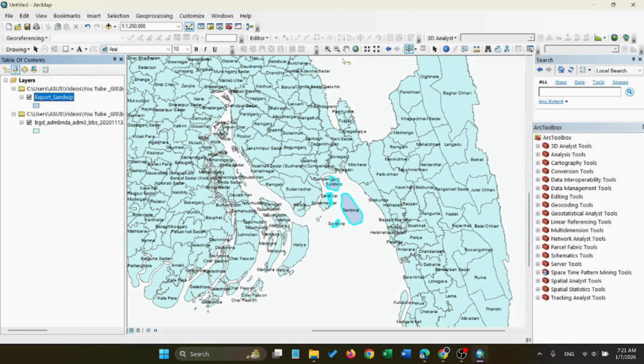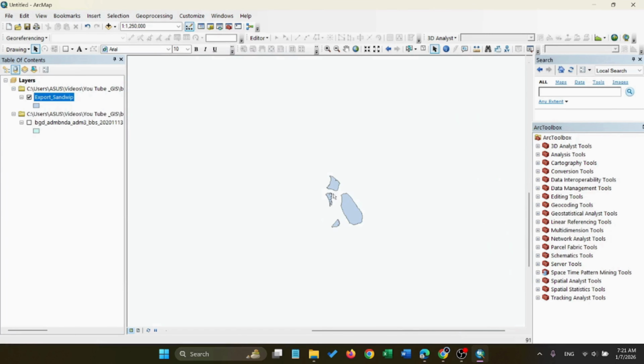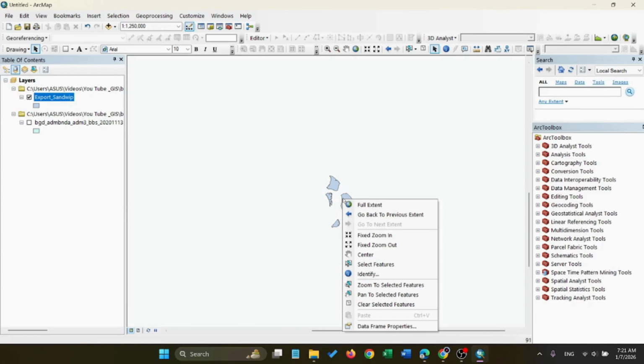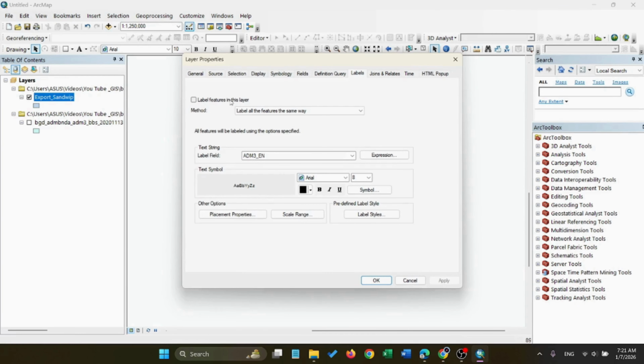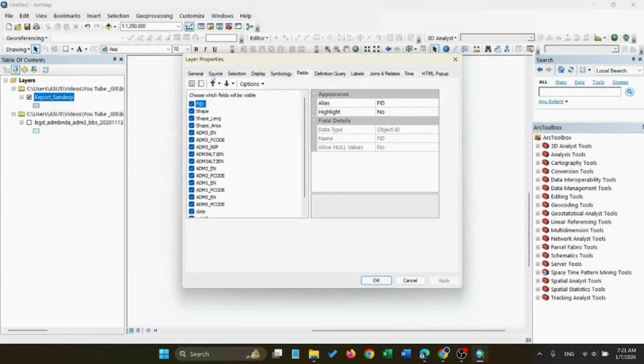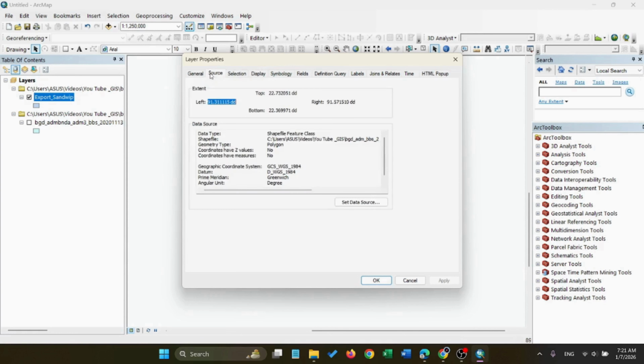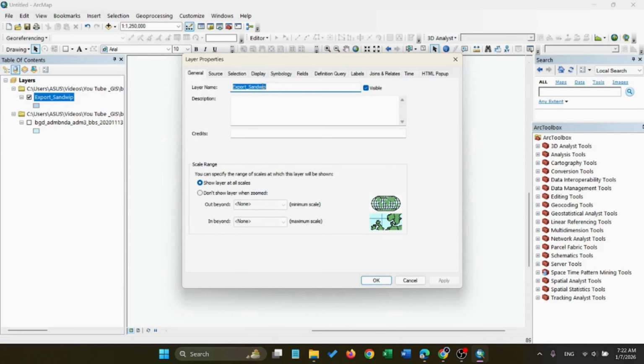Then the map for Sundip is selected. Then from drawing tools, uncheck the selection bar. This is the Sundip portion, but the name is not visible here. For doing this, right click, then Properties. In the properties section, this is the source. You can change the export. I mean, the name is only Sundip, so we change it